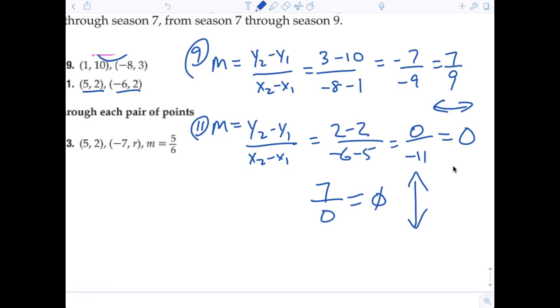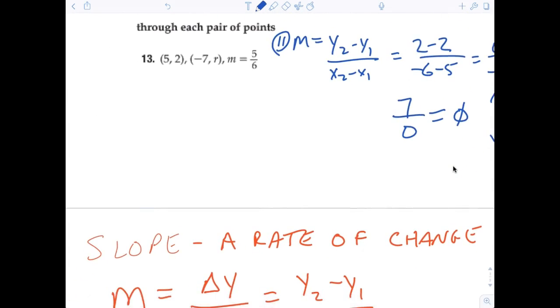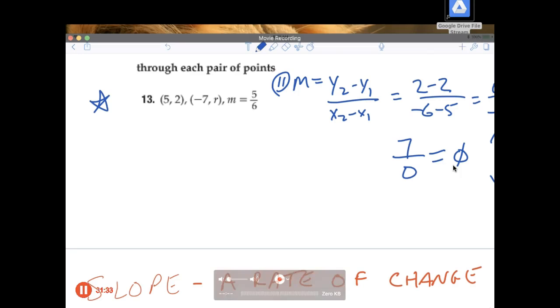Everybody good? All right, one last thing now, the hard one. Everybody take a look at 13, please. 13 is the hard one. All right, now,